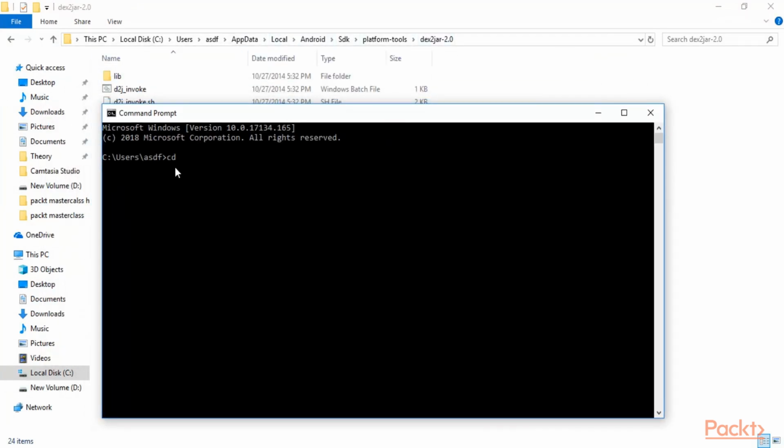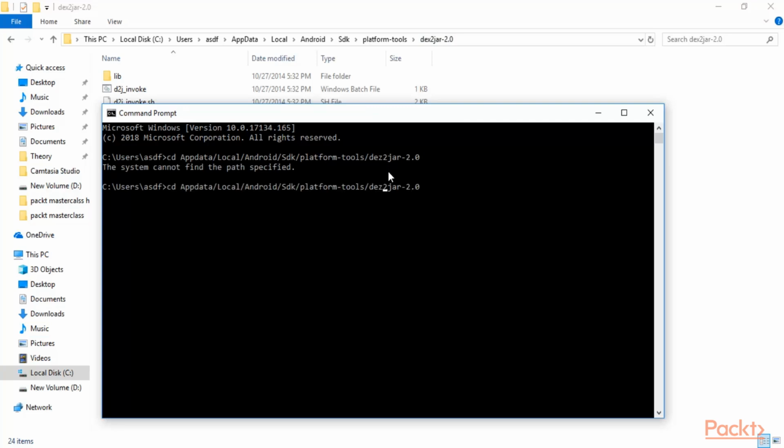You need to type cd space app data / local / Android / SDK / platform-tools / and then the folder Dex2Jar-2.0 and hit enter. We made a small mistake. It is Dex2Jar. Yeah, so we are inside that directory.